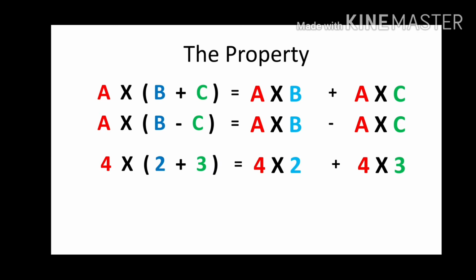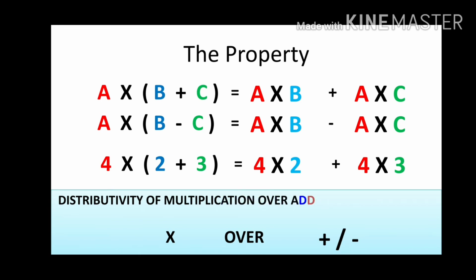So instead of using A, B and C, if you put the numbers, you will get it 4 multiplied by 2 plus 3. Now 2 plus 3 is inside the brackets. So it is one set now. So 2 plus 3 is like the apples and the mangoes. Outside we have 4. So 4 must be multiplied with 2 and also with 3. So 4 multiplied by 2 plus again 4 multiplied with 3. Here you have to say that the symbol plus, it works as a separator. It separates the items inside the bracket. Whatever the numbers are there, it just separates them to identify that they are two different things now, like the mangoes and the apples.